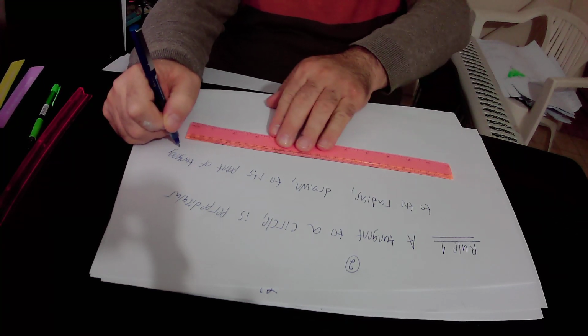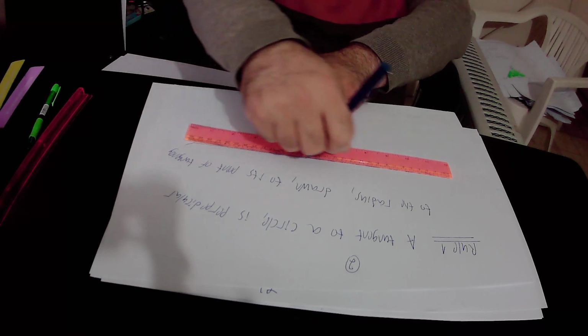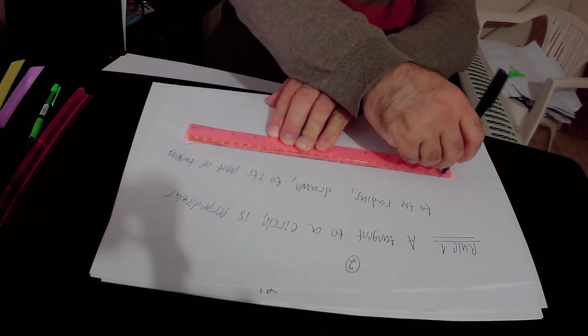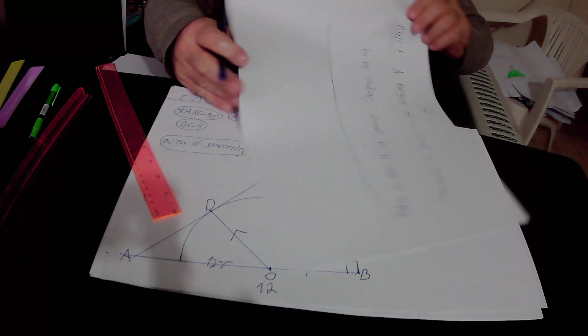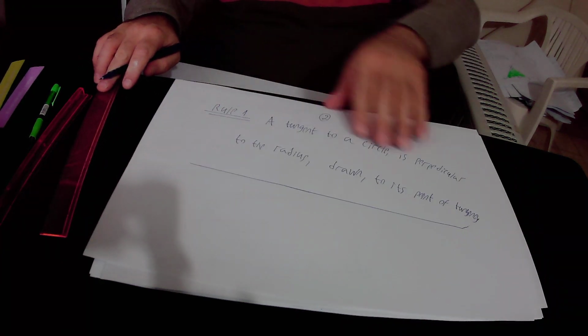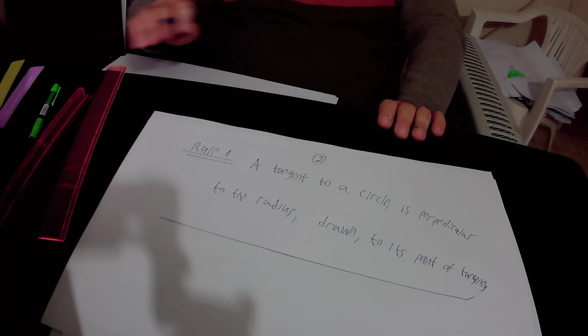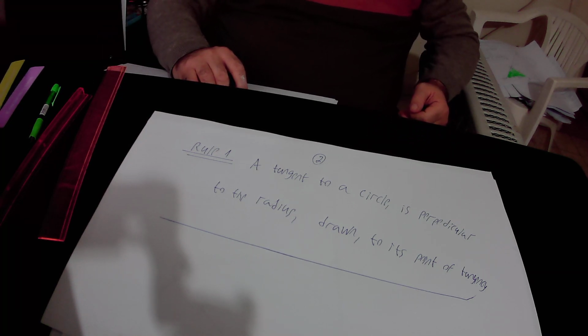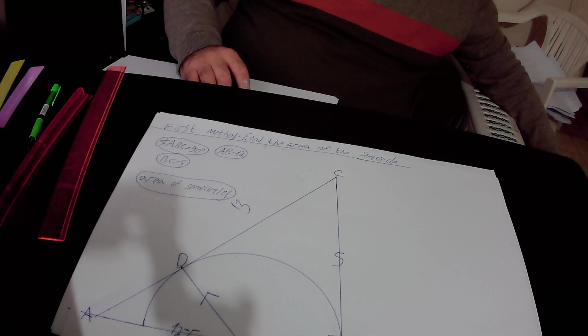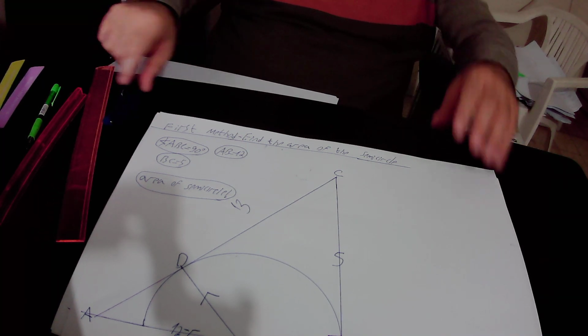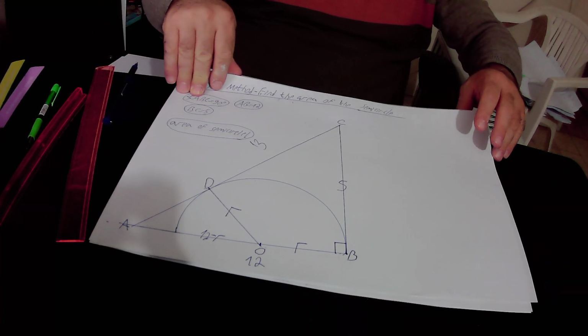So I'll repeat rule number 1. According to rule number 1, a tangent to a circle is perpendicular to the radius drawn to its point of tangency. So what is the meaning of rule number 1? The meaning of rule number 1 is that if we have a circle